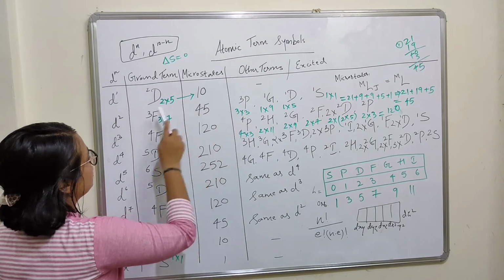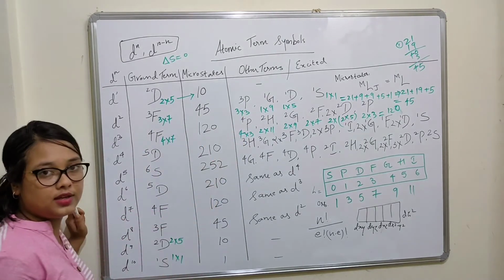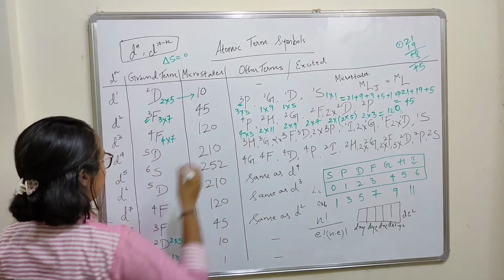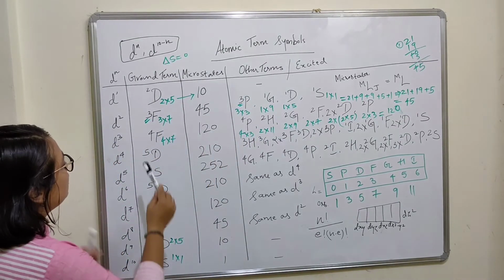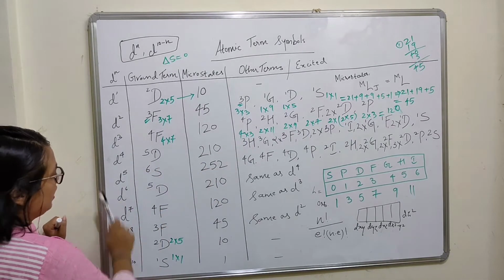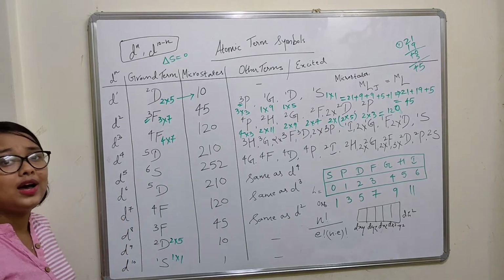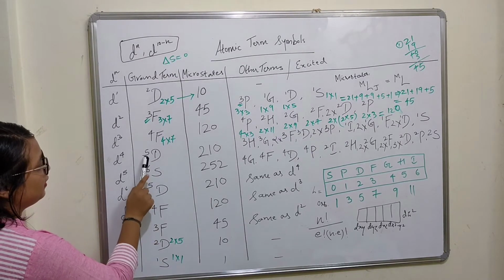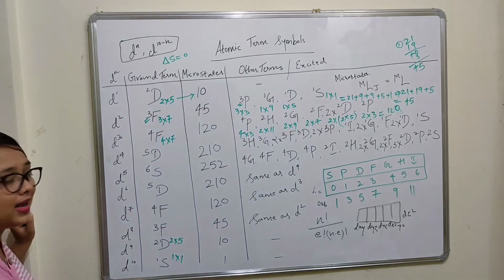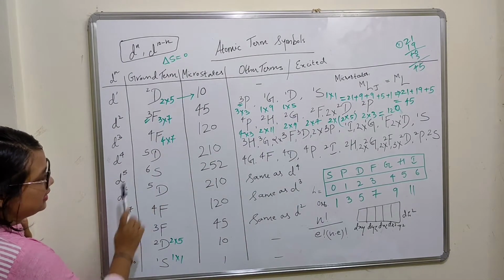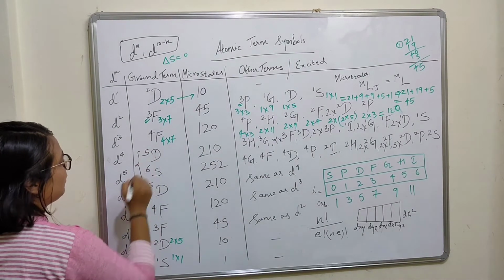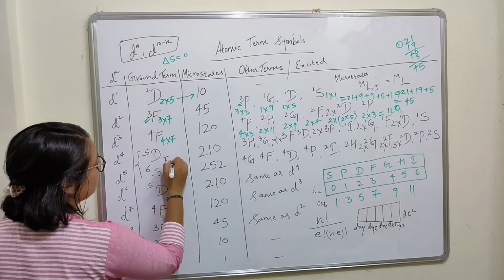Here we are going to have a transition. So there will be one from 3F to 3P, because this number over here has to be the same. So these are going to be the allowed transitions. Here also we'll have one from 4F to 4P. But in the case of D4 and D5, we are not going to have any transitions. D4 is 5D and we do not have 5 as a spin number anywhere. Similarly, in D5 we have 6S, and here also we do not have 6 anywhere. So both of these types of configurations are going to be forbidden.